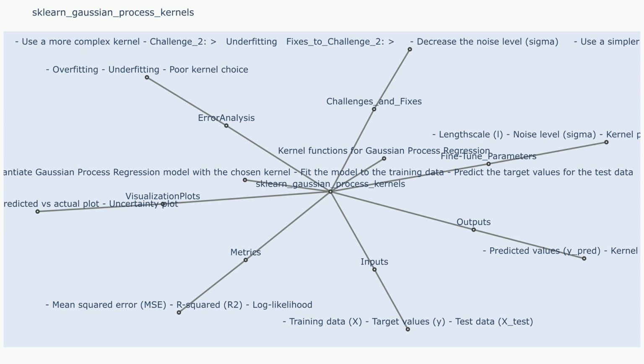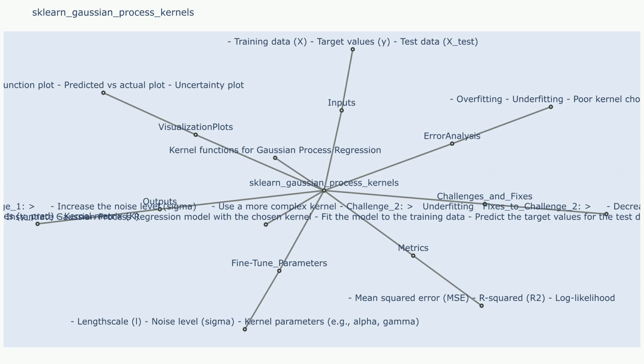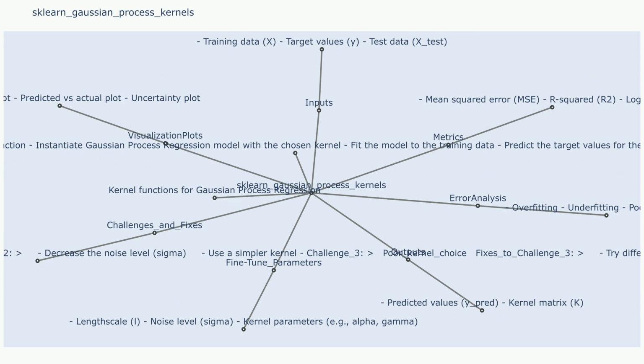Visualization plots: Kernel function plot. This plot visualizes the chosen kernel function, highlighting its behavior and characteristics. It helps understand how the kernel function captures the relationship between data points. Scatter plot of data points and predictions. This plot visualizes the input data points, the predicted values, and their relationship to each other. It provides an intuitive understanding of the model's performance and how well it captures the underlying relationship between the input